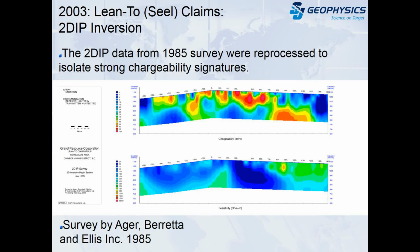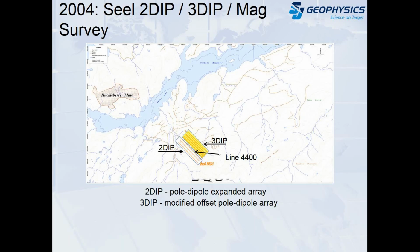And we inverted it, and this is the inversion we got, which showed some interesting chargeabilities, and it also showed this interesting resistivity anomaly here that was sitting in this chargeability low. So in 2004, he hired us to go up and redo that survey with what was then kind of modern